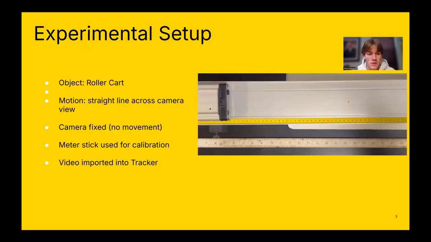Experimental setup. For us, we're using the roller cart as the object, as seen in the photo. Motion is in a straight line across the camera view. The camera is fixed with no movement. We use a meter stick for calibration, and the video is imported into Tracker. I recorded this cart moving in a straight line across the screen, and then once again calibrated it